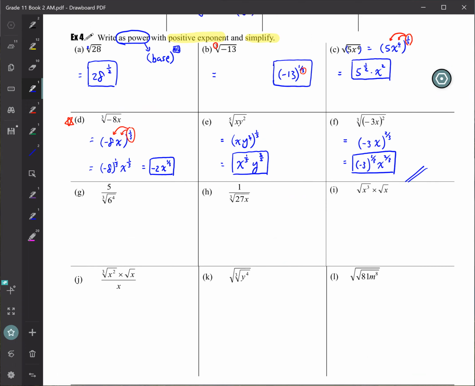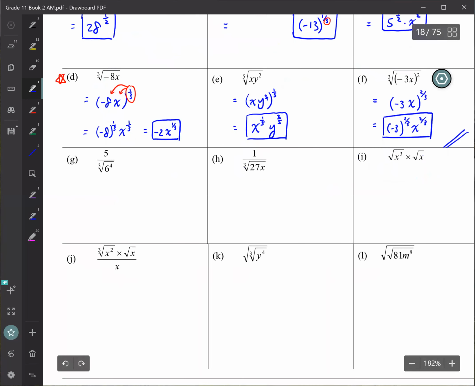So if the number, right, you can evaluate the number part, you continue, right? So we'll see, okay? From here, I would like you to learn when to stop your answer, okay? How far you need to go to count as simplified. So for question G,